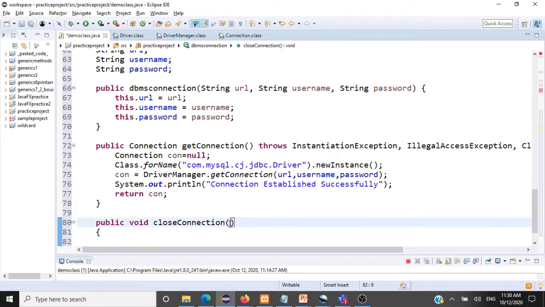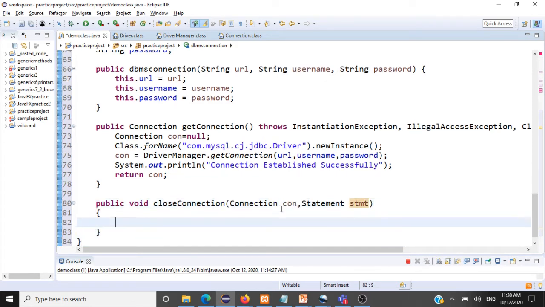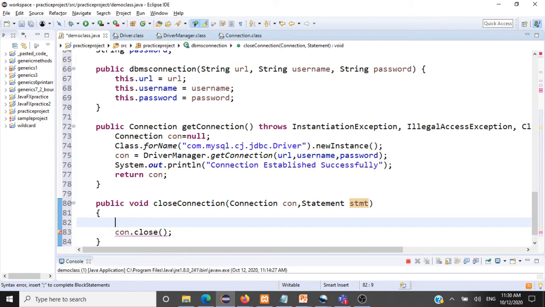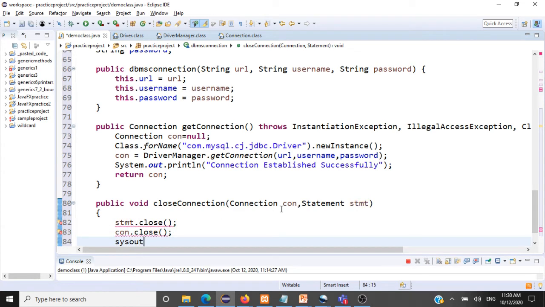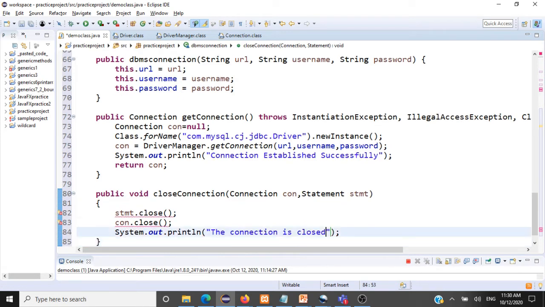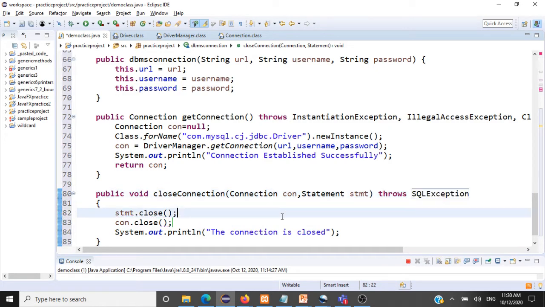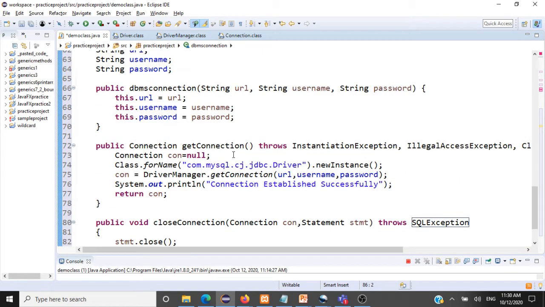We can get these two objects that we have to close, connection and statement, and inside this we just perform con.close and statement.close. After this we can give a sysout statement saying the connection is closed, just to get some feedback. It will ask us for a throws declaration, and we'll add that. So we have to close our DBMS connection.